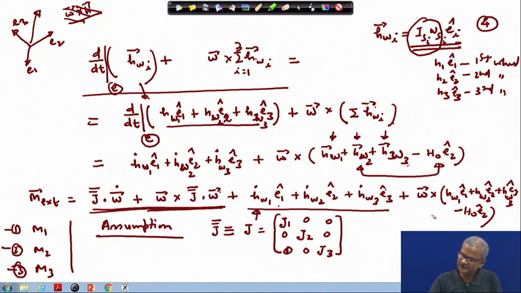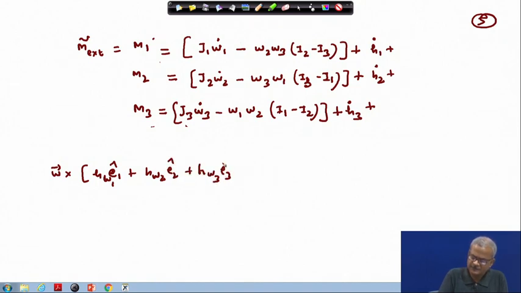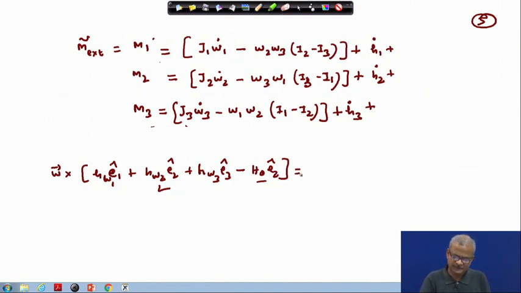Those terms are related to your omega cross this. Okay. So, omega cross H1, or H w1 times E1 cap, H w2 times E2 cap and H w3 times E3 cap minus H0 times E2 cap. So, these two terms will be combined together, and if we combine, we can write this as...